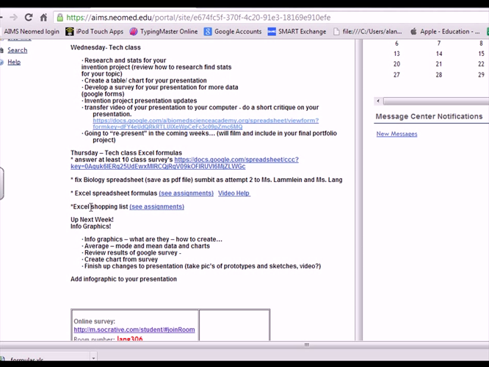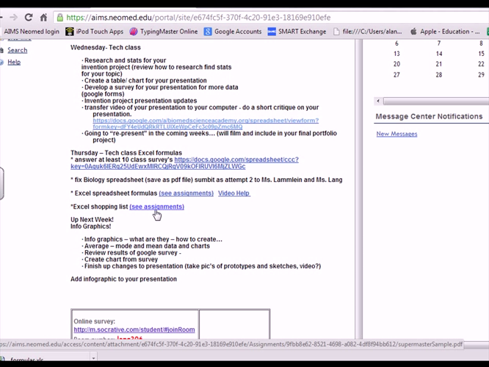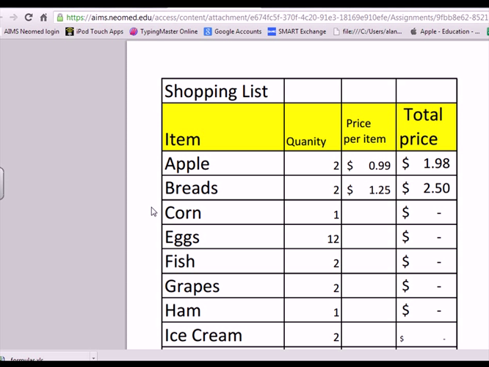This is a quick review of how to do the Excel shopping list project, and what we're going to review in here is just some formatting things that we've learned in class. So the first thing you want to do is you can go ahead and see a sample of it by clicking this assignment link right here, and this will open up a copy of what it's going to look like when it's finished. So you can see here the first thing we need to do is we need to add